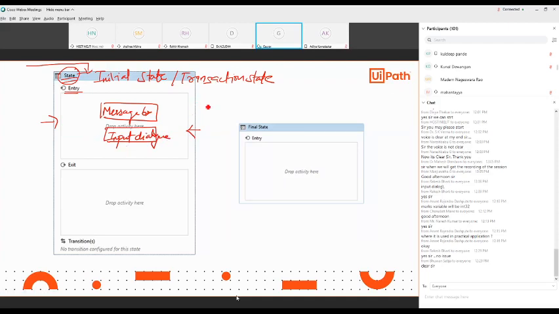But be careful, this part will only execute once in this state. If it is completely exited and then coming back, then it will execute again. It will not execute multiple times within the state itself.